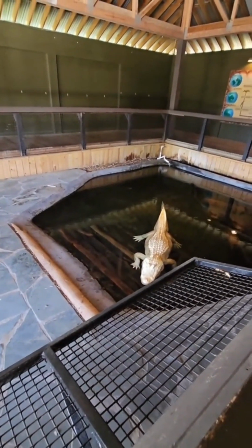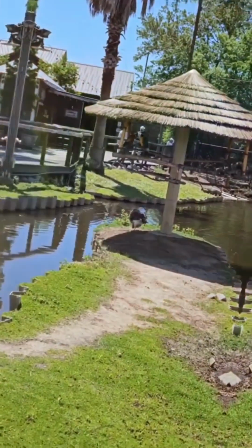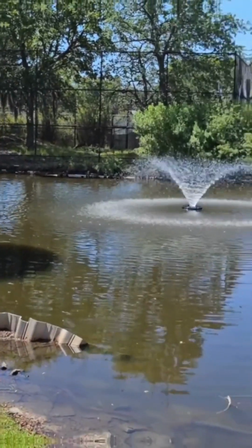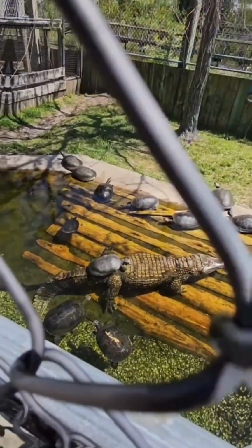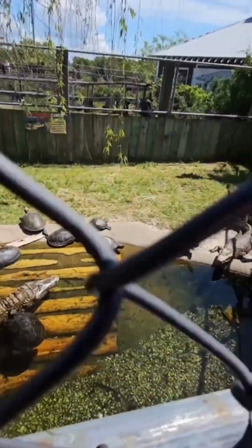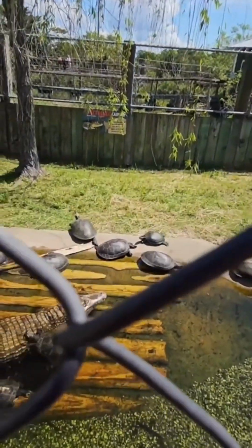There's an albino alligator. It was really weird seeing that, but they have to keep it in the shade because it is albino. There were a few alligators that didn't have a tail, and some distinctive other animals. There's some turtles mixed in with the alligators. It was funny looking at the turtle sitting on top of the alligator. I thought they made best friends, and I guess that the alligator...